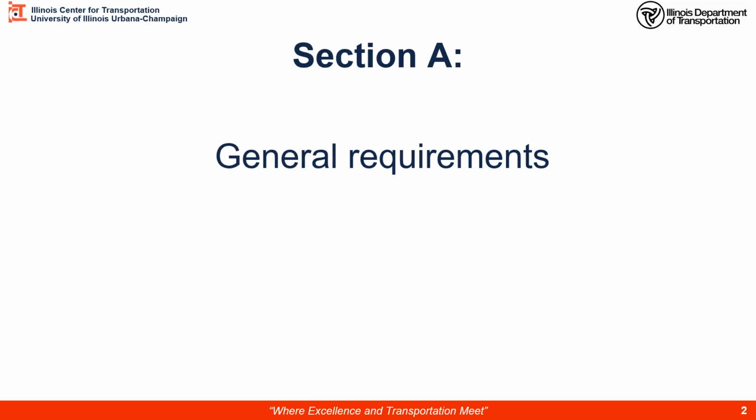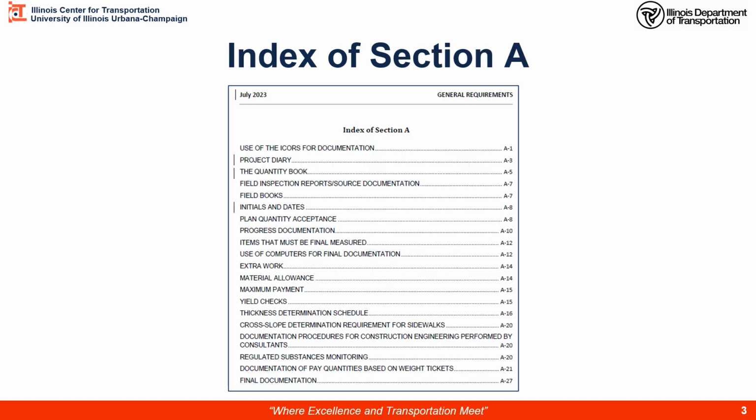Section A provides the general requirements for the basis of all documentation performed on the IDOT contracts. Here's a copy of the index of Section A. Section A contains things such as the project diary, the quantity book, field inspection source documentation, field books, planned quantity acceptance, progress documentation that also includes estimating, use of computers for final documentation, extra work on our contracts, material allowance,